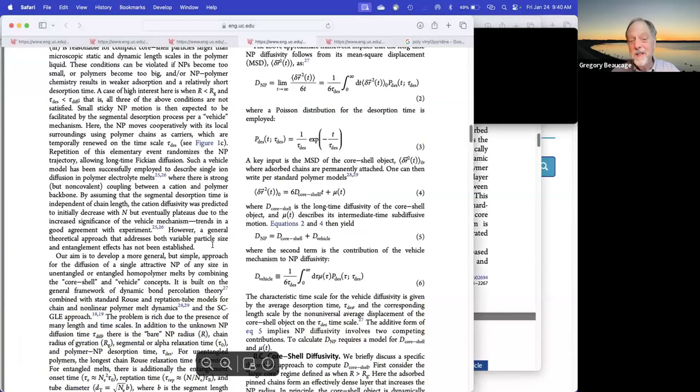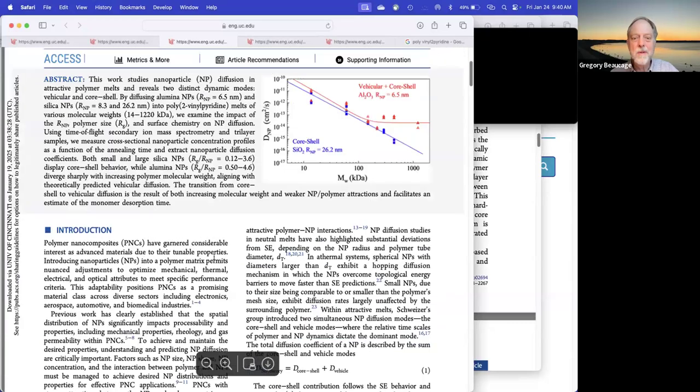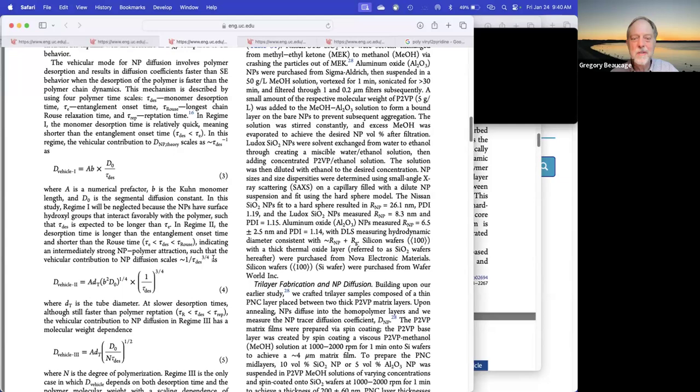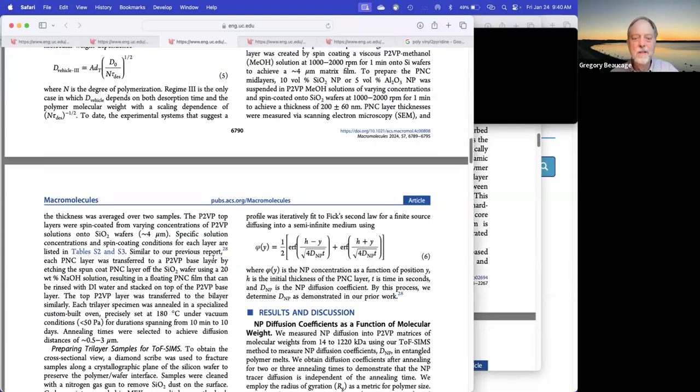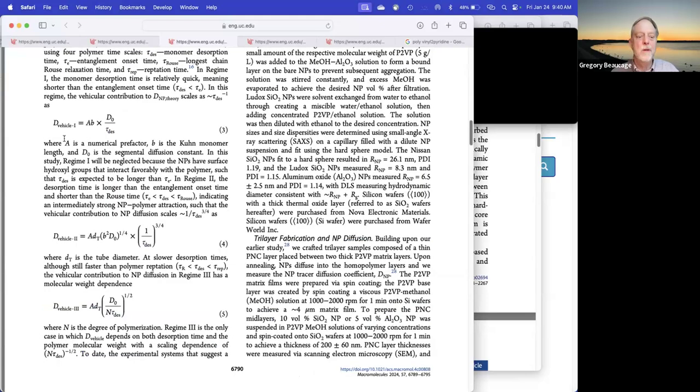And in this paper, they're not doing that. In this paper, in the Winey paper, they're doing kind of a brute force mechanical way to get the diffusion coefficient. It's a little bit older. So basically, they spin the polymer onto